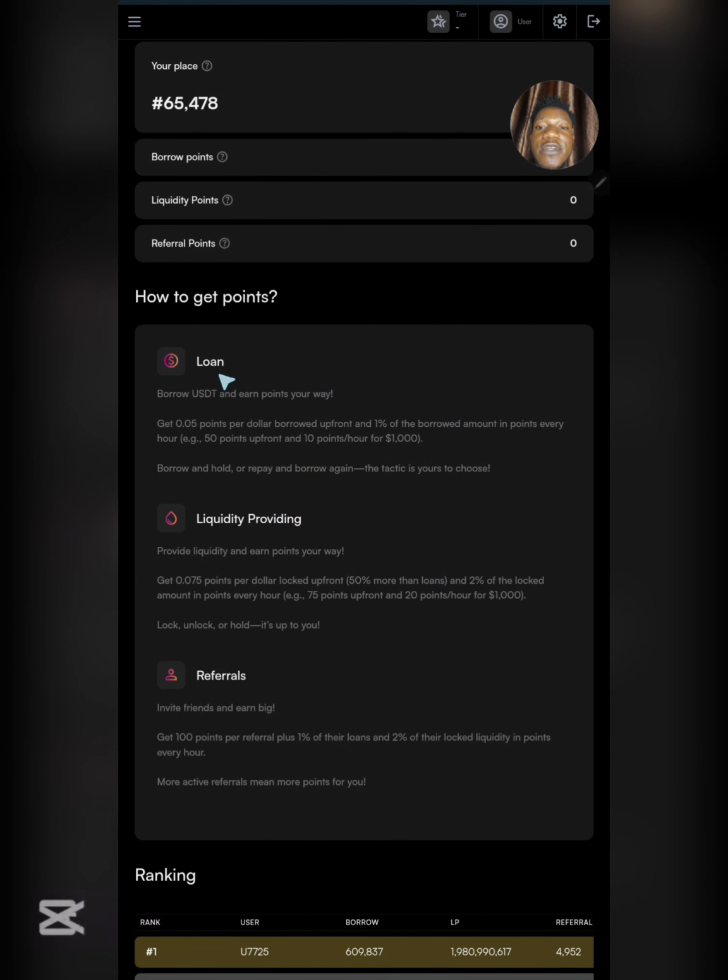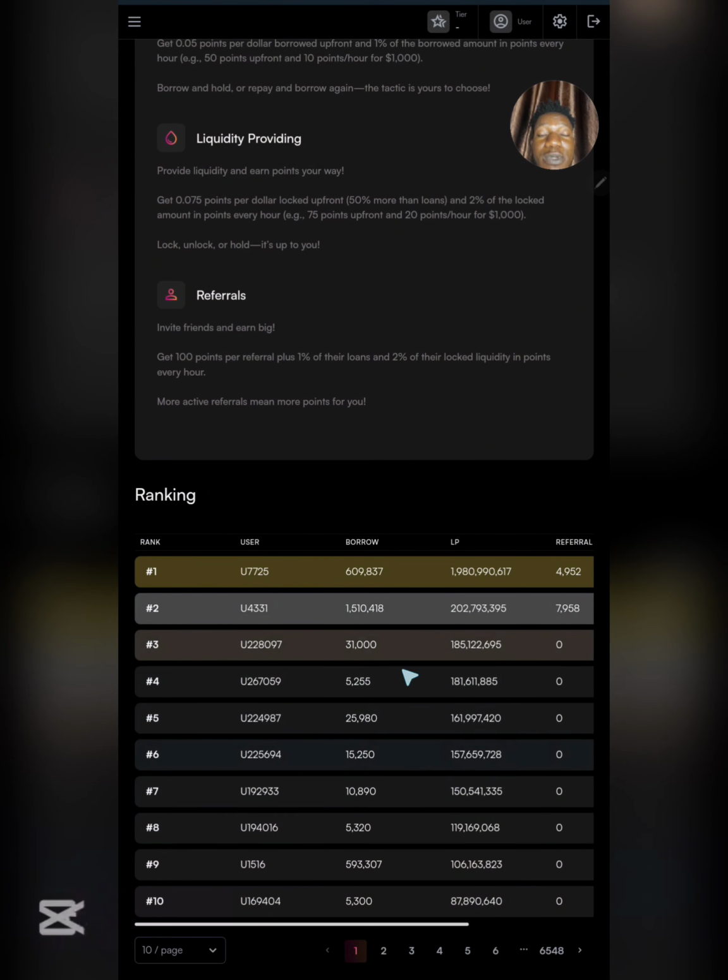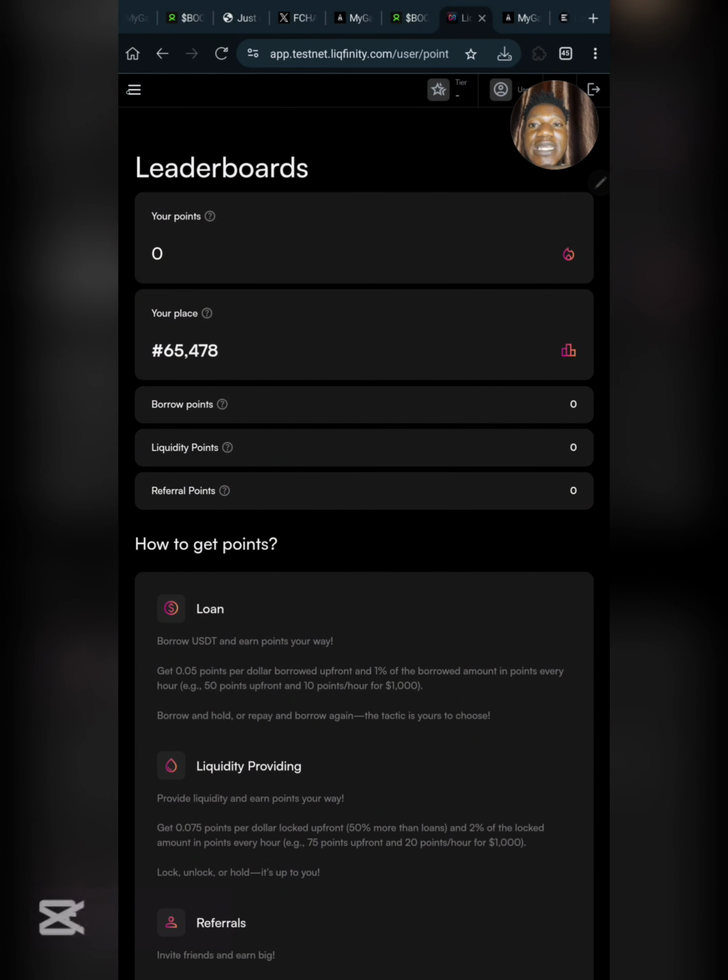For every dollar that you loan, you get 0.05 points, and for every $1,000 you get 50 points and 100 points. 50 points for every $1,000, and also 10 points every hour. And for staking, you can just go ahead and read it up to understand how your points are calculated. Then when you scroll down again, you can see these are the people that are topping up.